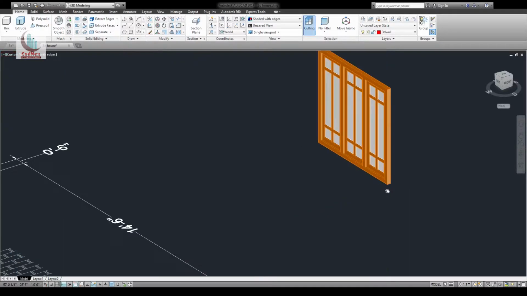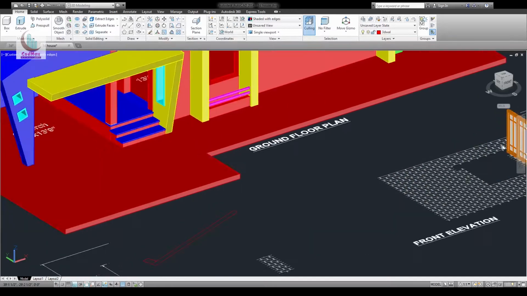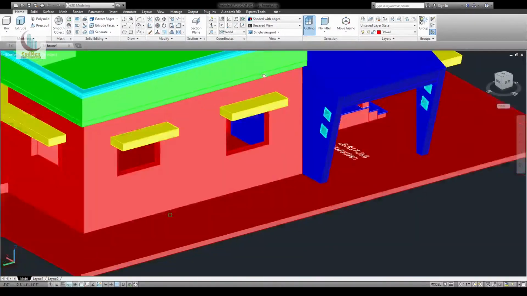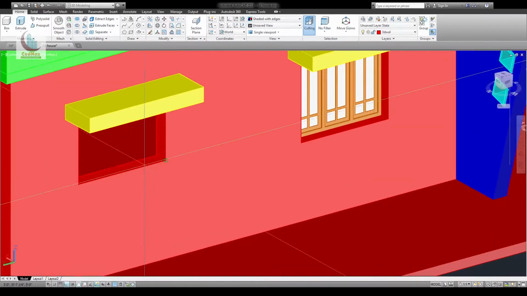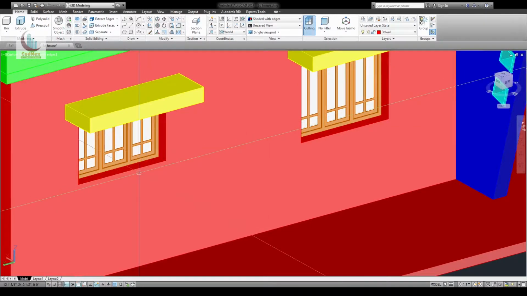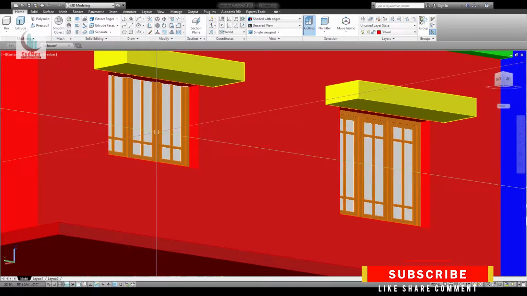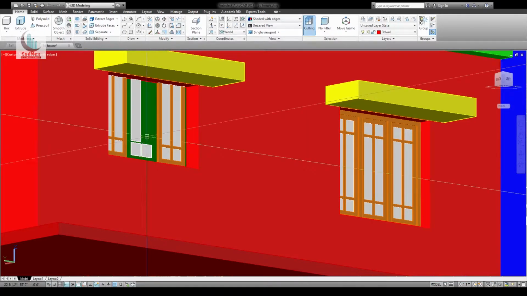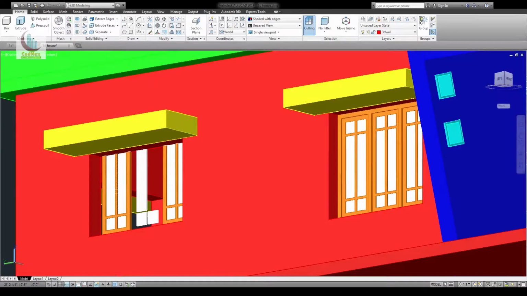Now copy. Base point is this. These two are the second point. Okay, if you see here, this window has to be smaller. Okay, so we will not copy that here. We'll remove